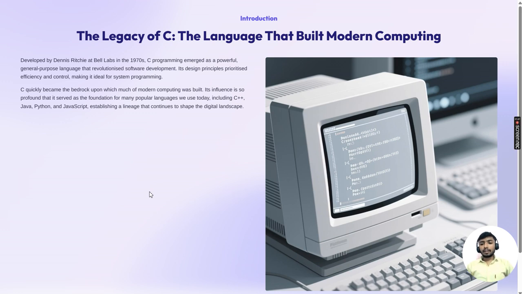So you know that C is the mother of all programming languages. All languages like C++, Python, and Java depend on C language concepts. We call C the mother language because the concepts in other programming languages are founded on C programming.